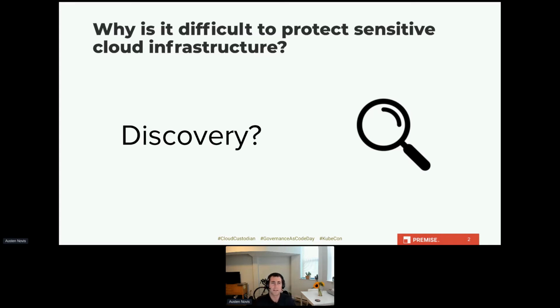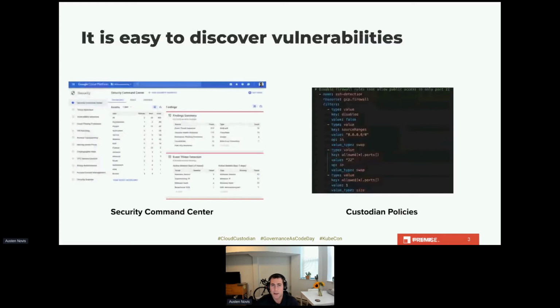And I was curious to understand why these vulnerabilities had not been and were not being addressed. My first hypothesis was that maybe the teams, many of them new to the cloud, may not have the ability or time to understand or find vulnerabilities in these resources. So I thought if I could help teams discover vulnerabilities and problems, then they would go ahead and remediate them. To tackle the hypothesis problem, I took two avenues. The first, leveraging existing tools such as Security Command Center, which is similar to AWS's Security Hub. The second approach involved creating custom Cloud Custodian policies to find common